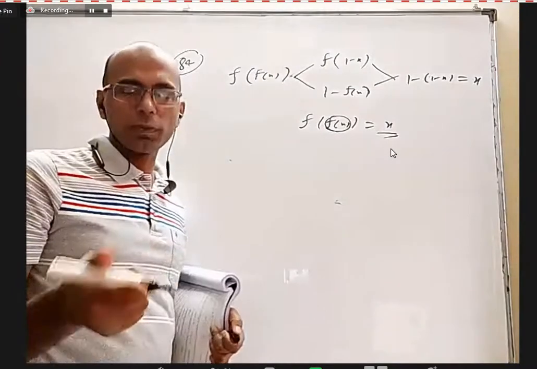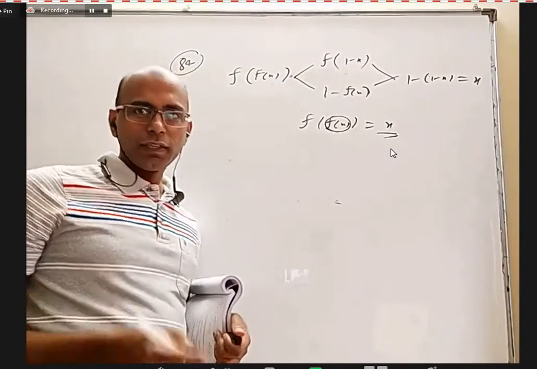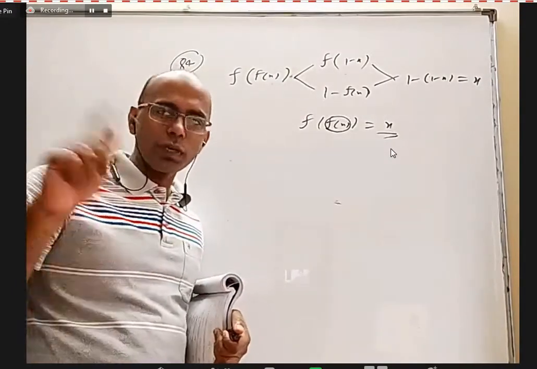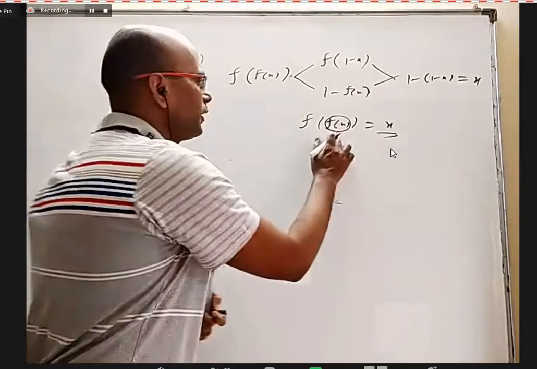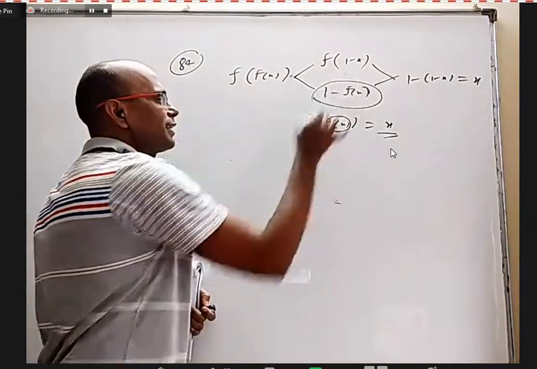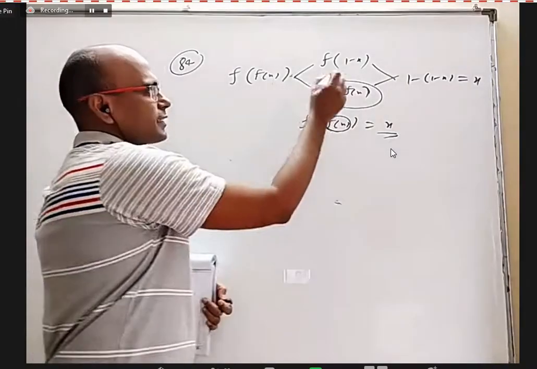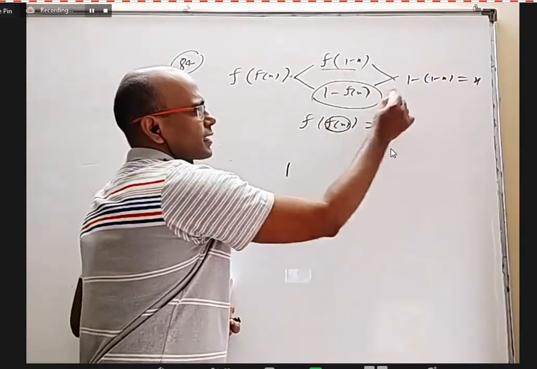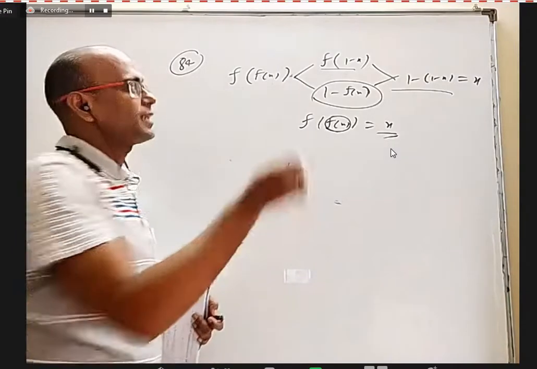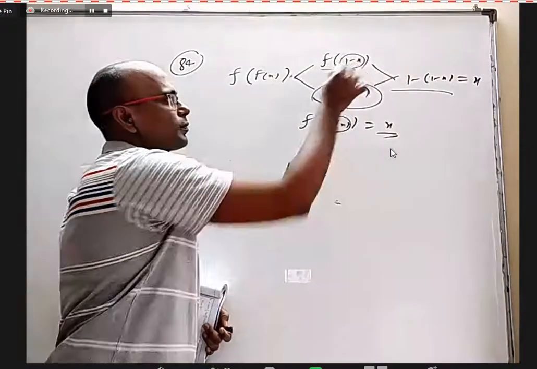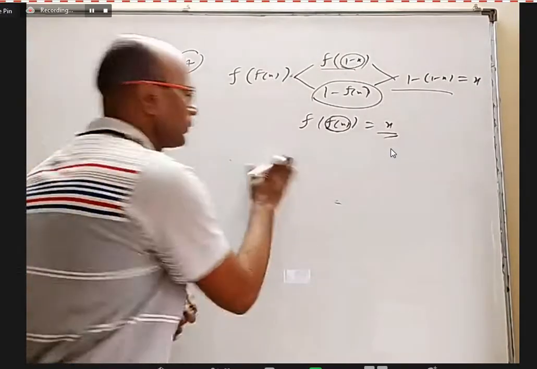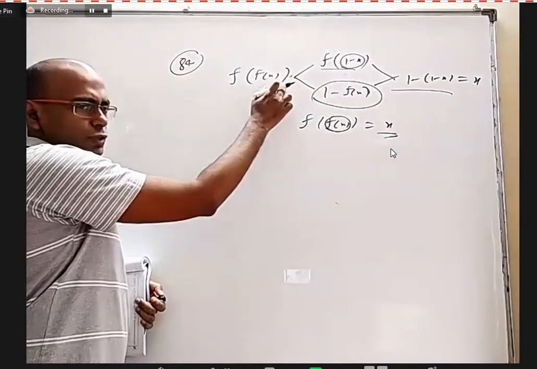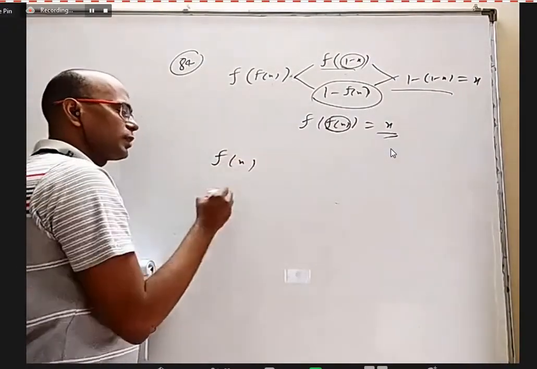Like just now we talked about g of f of x, right? If you want g of f of x to be defined, the output of f of x should be well within the domain of g. In the same way, you also have to check that, for example, if somebody is writing f of 1 minus x, it is not correct unless this is between minus 3 to 3. Then only it is defined.